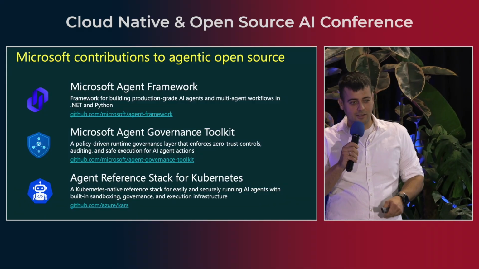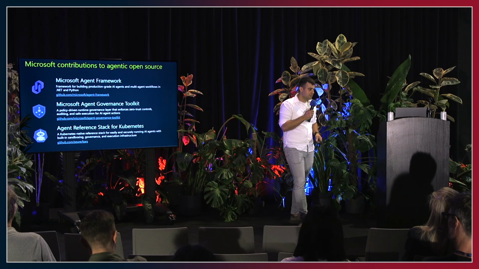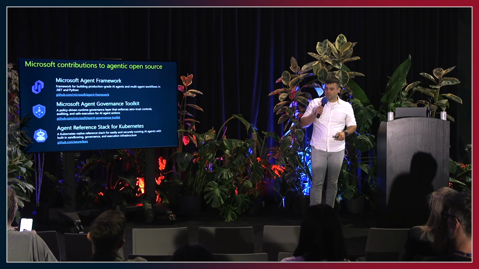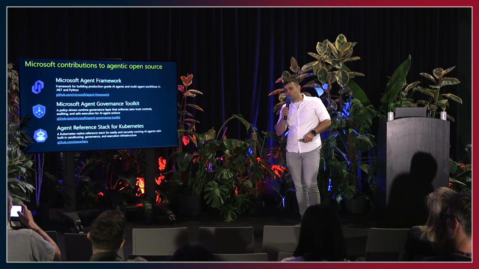Some of these are highlighted here. One of them is the Microsoft Agent Framework. That kind of gives you a similar experience to LangGraph, LangChain, or Pydantic, or some others, basically. The second one is a more recent announcement. It's called the Microsoft Agent Governance Toolkit. And that basically is quite a complete set of capabilities which you could potentially include in your agents, which helps you to govern even from the code level. So, for example, inspecting different tool calls, denying the different tool calls, and defining policies